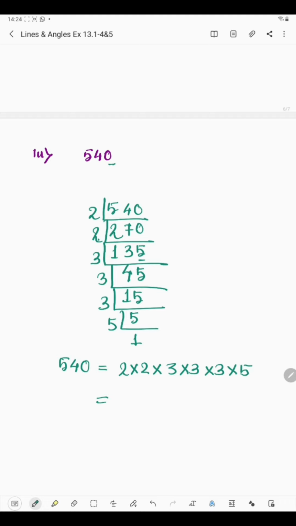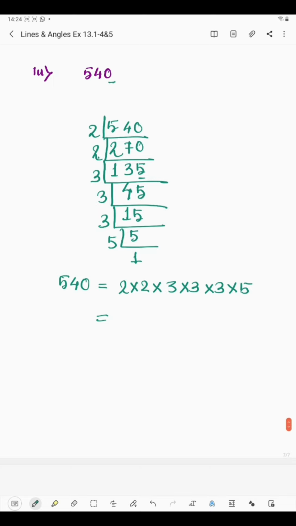Now we will have to write them as powers. Okay, so 2 has appeared here, there are 3 different bases. Remember, 2, 3 and 5, 3 different bases. Now since 2 has appeared 2 times, 2 is raised to the power 2. Now 3 has appeared 3 times, so 3 is raised to the power 3. And 5 has appeared 1 time, so 5 is raised to the power 1, or we can write it as 5 only. Right? So it will be 2 raised to the power 2 into 3 raised to the power 3 into 5.